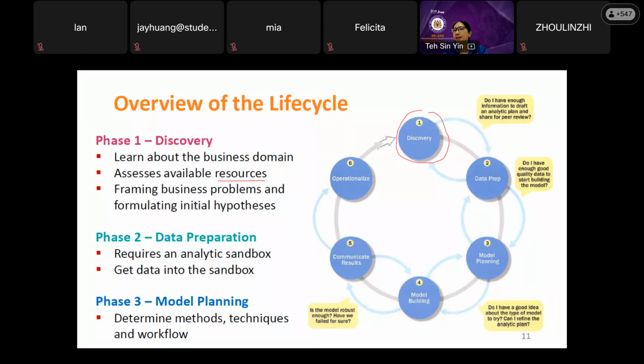Data can be considered as one of your resources, correct? Technology, very good. So you need to see whether you have the technology or not. There's one extra question on top there.